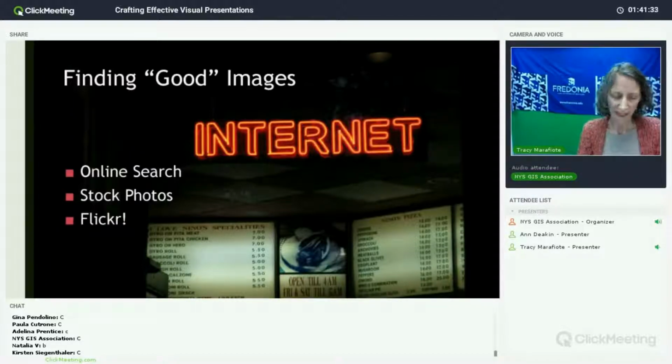Stock photos are also a great way of finding images that we're looking for. Many of them are free or low cost. Not all of them, some you do have to pay for, but maybe you have an institutional connection to it as well that you might use. But stock photos make it really simple to identify very, very specific descriptors for some specific image that you're looking for.